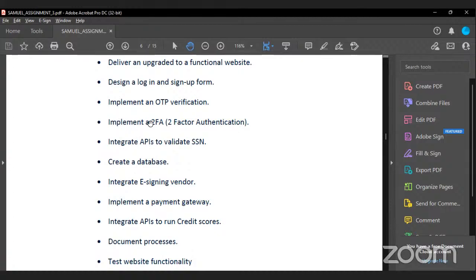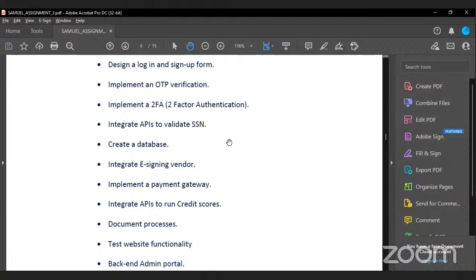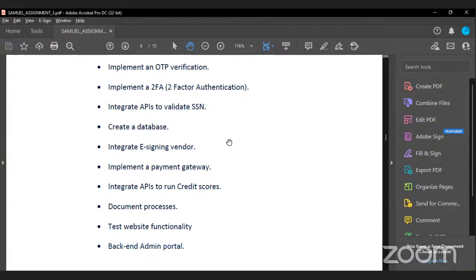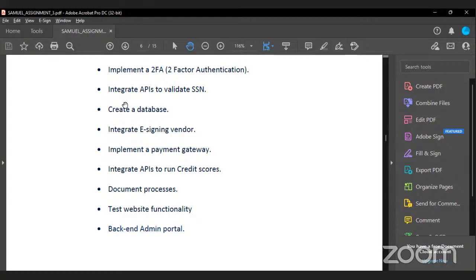We would implement 2FA, which is two-factor authentication, also a validation and verification system to verify the people we are accepting into the platform, and if they are the ones truly signing in, in order to prevent fraud or any kind of stuff.